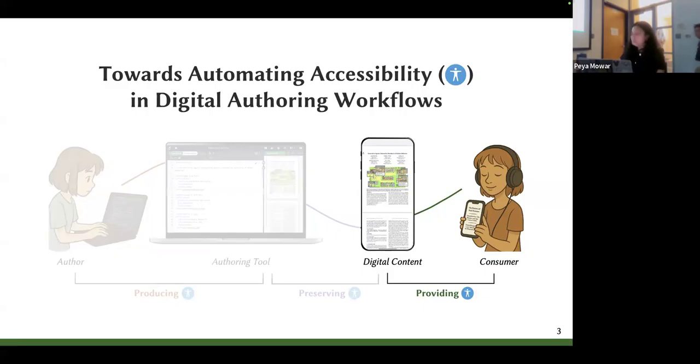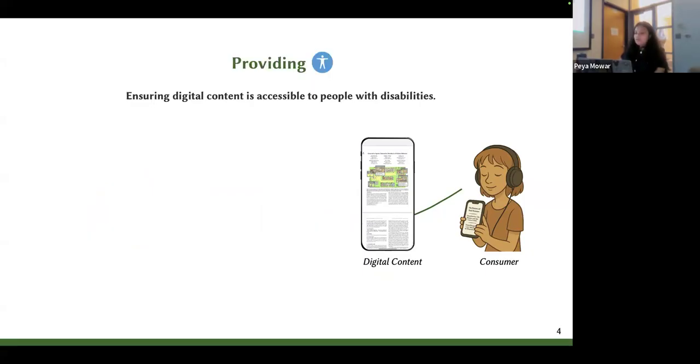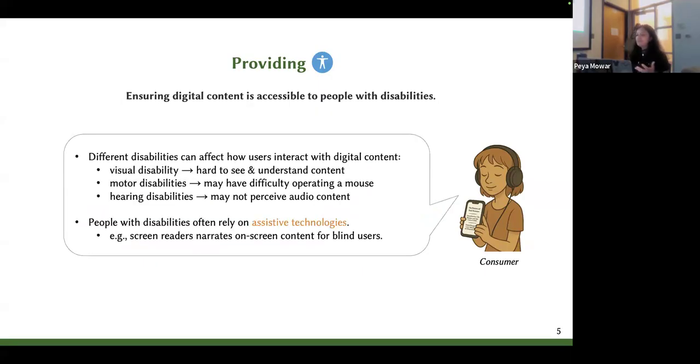So providing accessibility metadata. This work is focusing on making digital content accessible to people with disabilities. And like I said, different people with different disabilities, their disabilities can affect how they interact with the content. So for example, somebody with a visual disability might have difficulty seeing and understanding content, and they often rely on assistive technologies like screen readers, which can read out the content on the screen and narrate it for the blind user.